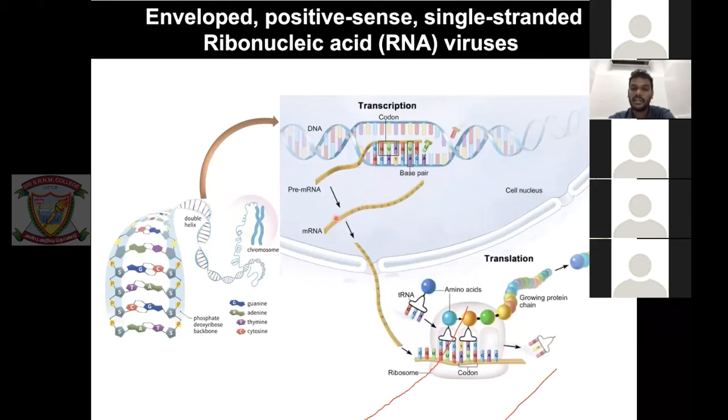This mature RNA goes into the ribosomal complex. In the ribosomal complex, you have the ribosome, and you have something called tRNA. Basically, tRNA is the RNA that carries amino acids. These have three nucleotide residues, called codons because they code for amino acids. The tRNA comes and finds a complementary sequence and loads the amino acid. If this is not matching perfectly, it will go, and the next amino acid will come.